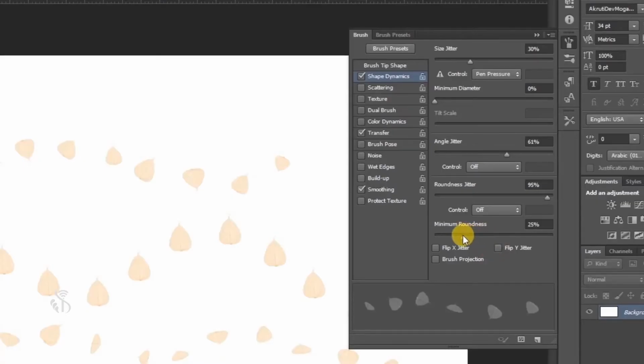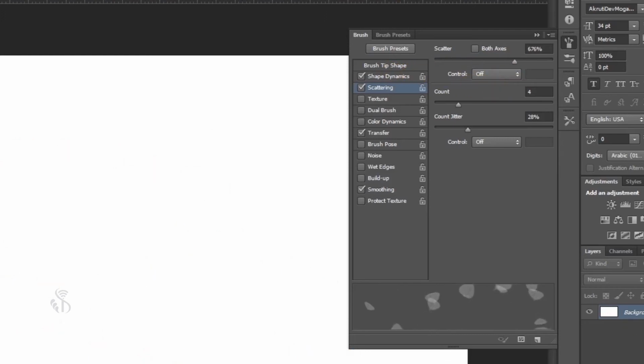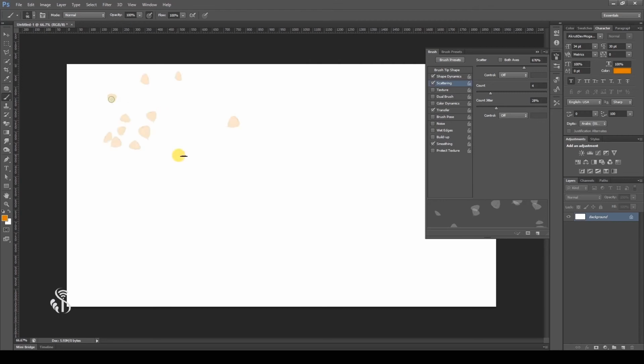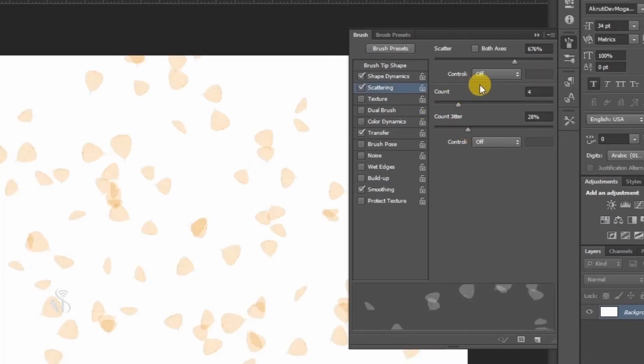The next option is scattering, as in spread about. If this option is selected, the color of the brush scatters across the canvas. How you would like the color to be scattered, meaning densely or sparsely, in scatter, the option count can help you make the decision. In which way should the color be scattered, whether in a straight line or all across the canvas? That can be decided by using the scatter slider.